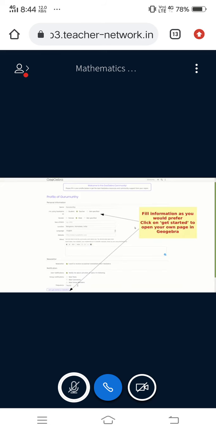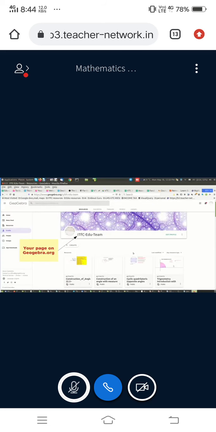When you click on that link, GeoGebra will open a form where you can provide some basic information to GeoGebra. This is optional, so you can choose to enter, you can choose not to enter. And then finally you click on Let's Get Started on GeoGebra at the bottom of the screen. When you click on that link, you will open your own page in GeoGebra. So this is one such page on geogebra.org that we have created.